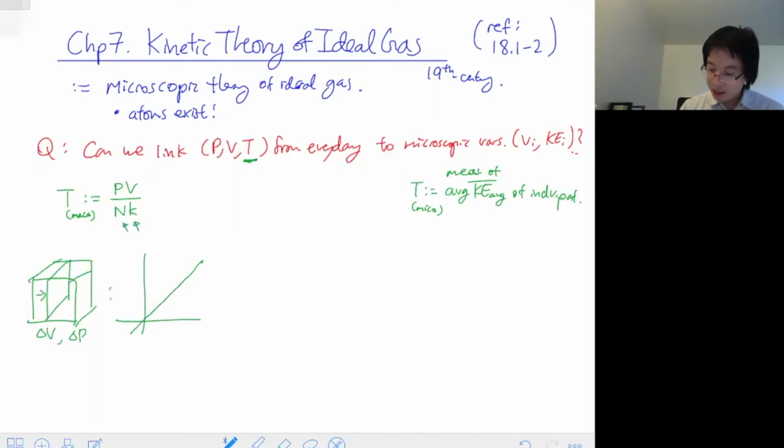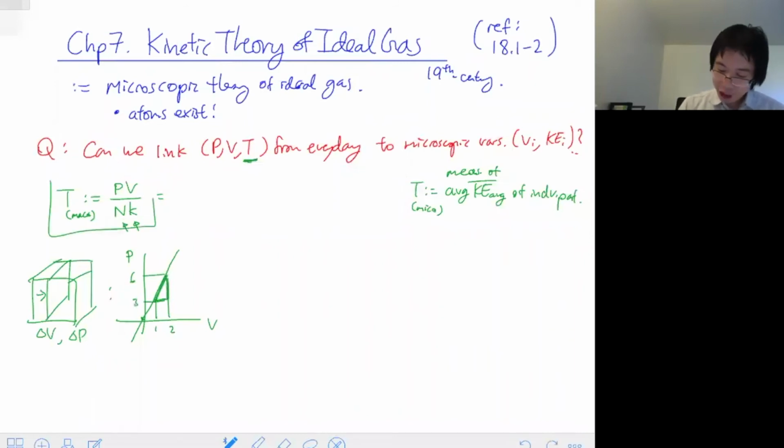You know that they're proportional. Let's say it's a very steep graph like this. Let's say a PV graph. And you increase the volume from 1 to 2, and this goes from 3 to 6 like that. Now you have the slope, right? So you measure the slope of this, because if I rewrite this,